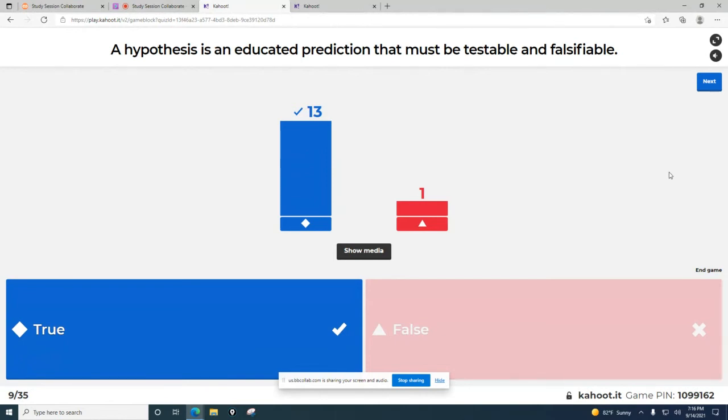If I hypothesize that there's a flying spaghetti monster out in space somewhere, that's not a good hypothesis because you can't prove that. And you also can't disprove that. And that's a part of falsifiable. Your hypothesis must at least have a chance that you can test it and it'd be false. It's like a 50-50. So yeah, definitely remember that a hypothesis must be testable and falsifiable. 100%, that will pop up.